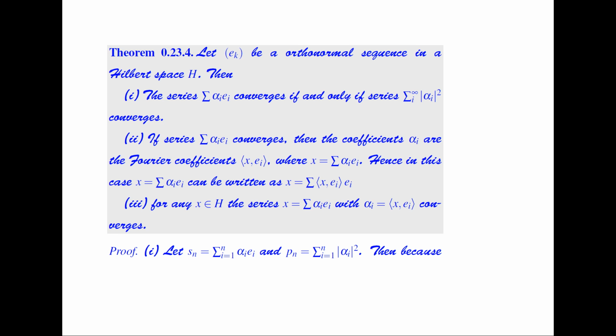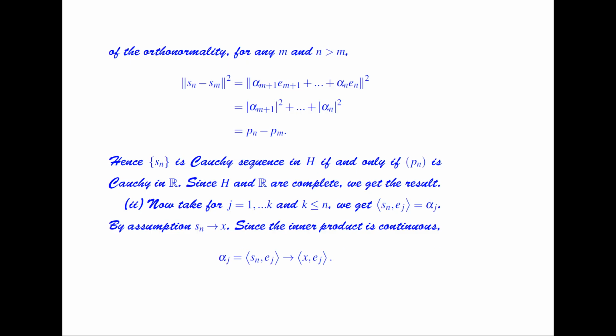In the first part we are going to prove that the series converges if and only if the series summation of modulus alpha_i squared converges. So let S_n be equal to the summation of alpha_i e_i, and let P_n be equal to the summation of modulus of alpha_i squared. Then